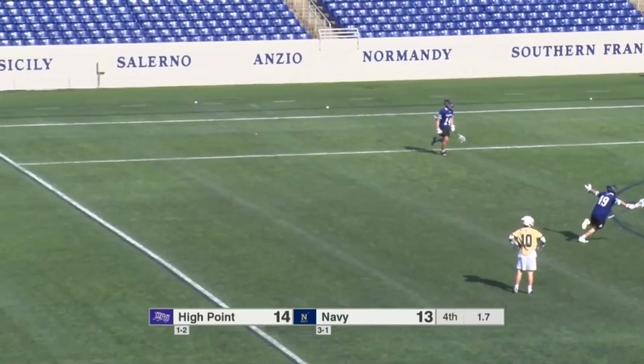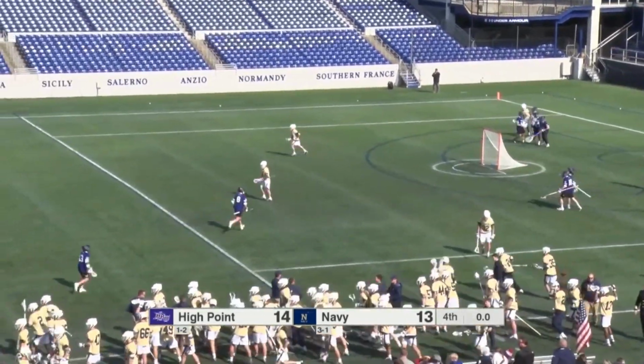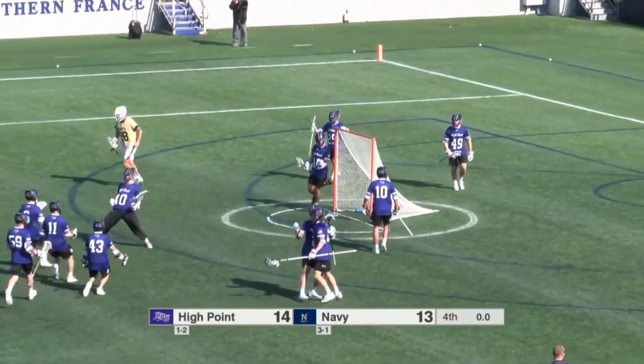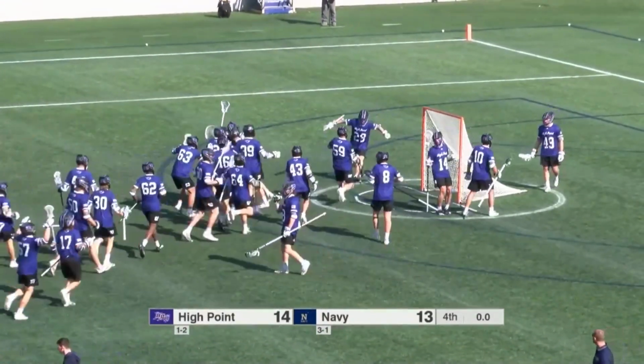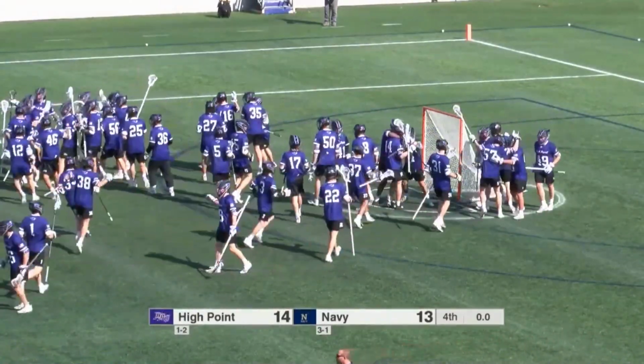7 straight. Launches it high up into the air, and Highpoint comes to Annapolis and picks up the victory in an enthralling, entertaining game. It's the Panthers of Highpoint improving to 2-2 on the season, and the Mids dropping to